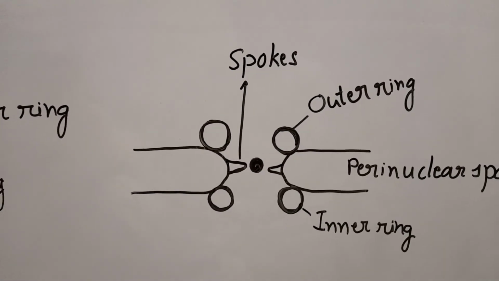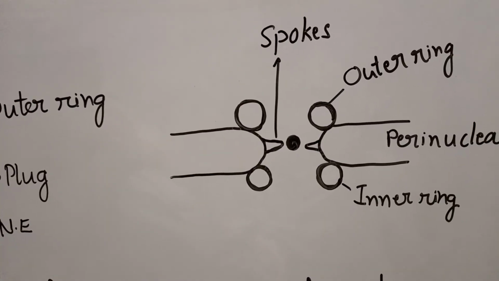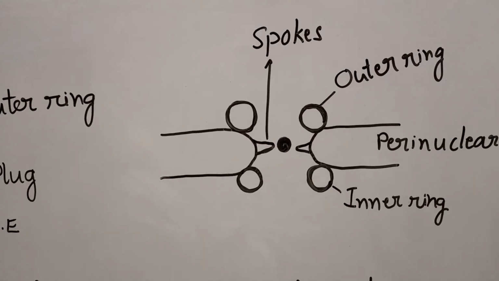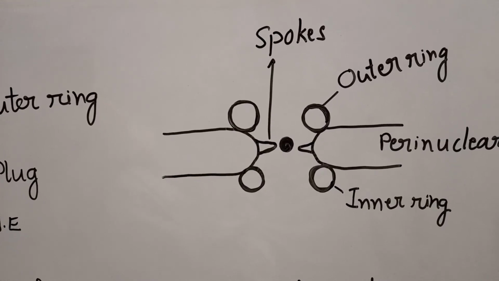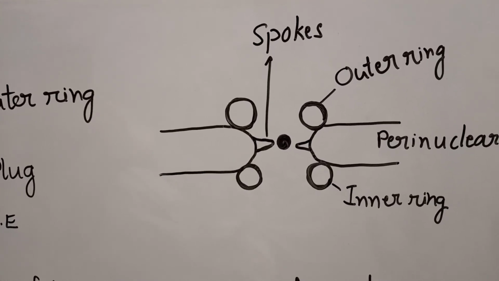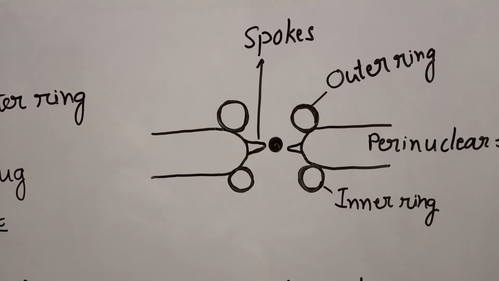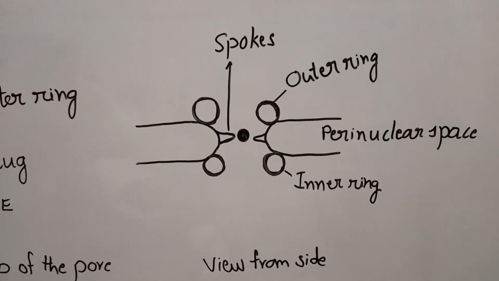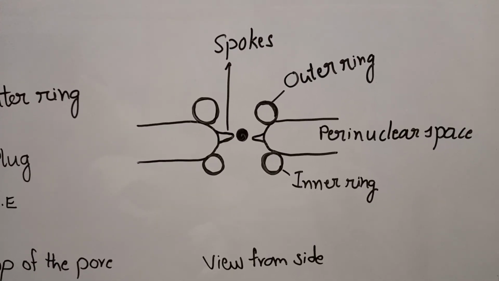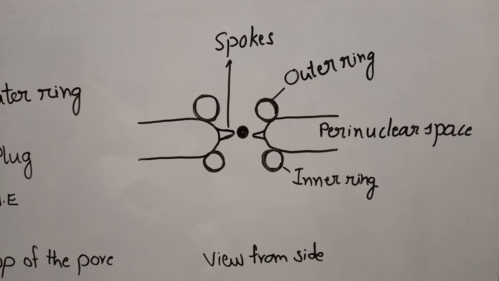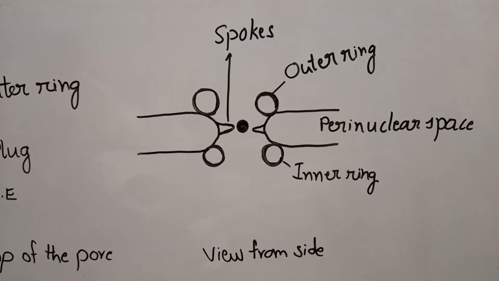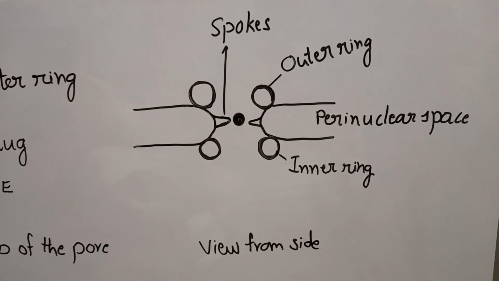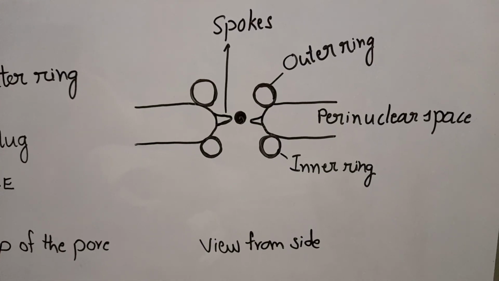From outside to inside, meaning cytoplasm to nucleoplasm, many proteins or other materials are imported into the nucleus, and from the nucleoplasm to the cytoplasm some materials are exported. Through these pores, how are DNA, mRNA and other proteins or enzymes and ribosomal subunits imported and exported? We will discuss this in the next video.